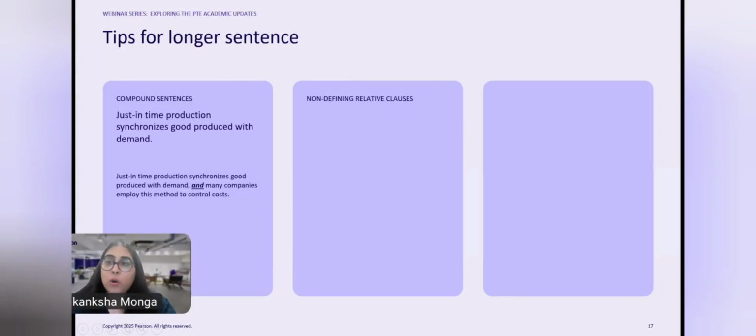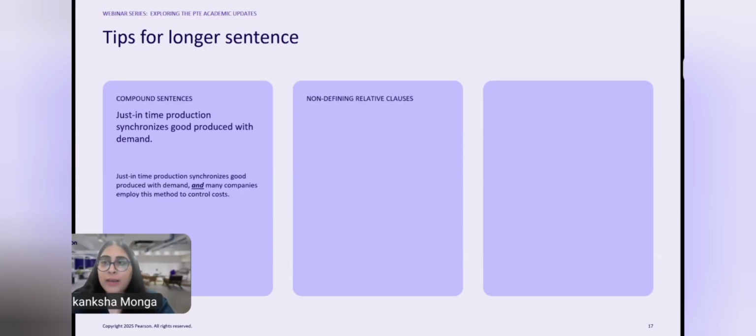Another method of creating longer sentences is to teach non-defining relative clauses. Now, relative clauses refer to the use of relative pronouns. These are pronouns that start with the WH structure. Often we use WH words as question words. So words like who, which, or where are often used to ask questions, but sometimes they are also used to join sentences. To refer to a person, we might say who, to refer to a place, we might say where, or to refer to a thing, we would